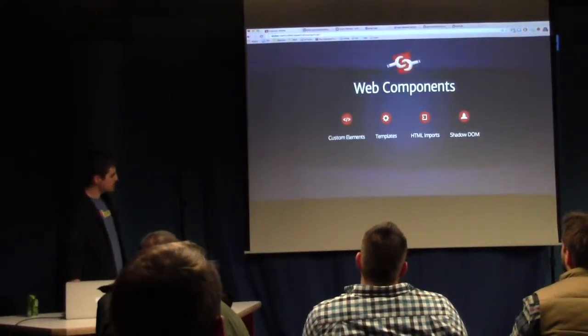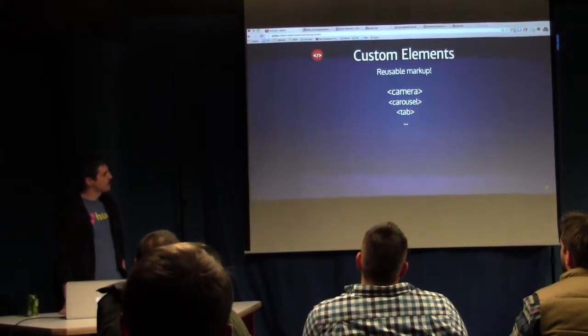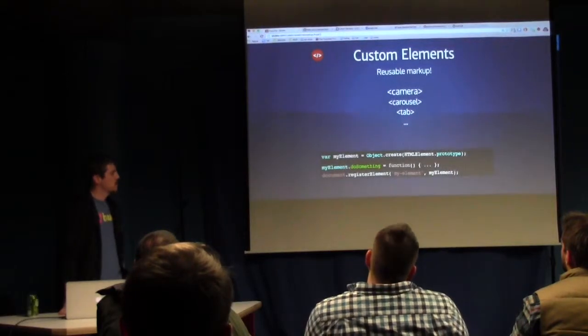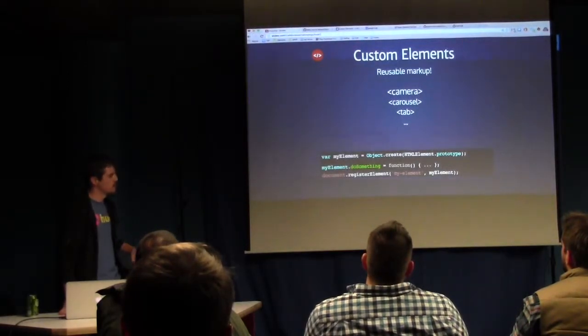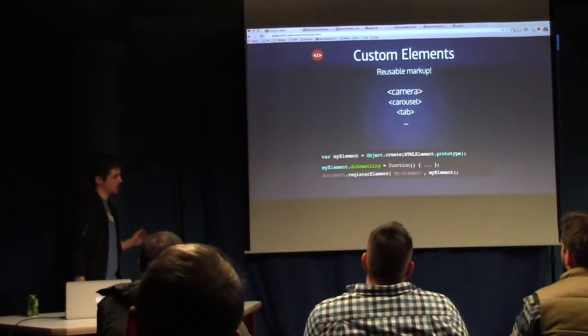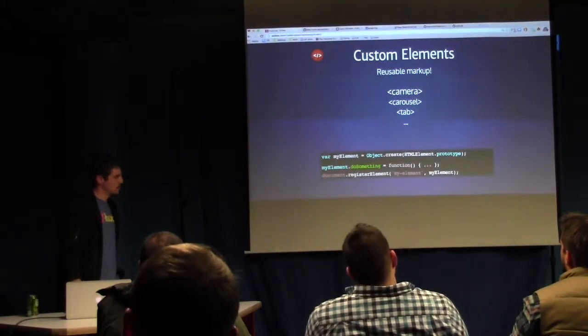So, custom elements. Custom elements let you register something in the DOM that you can use. So you're extending the HTML element prototype. You can give it different functions, different attributes, and then you call document.registerElement, and then you can reuse that element